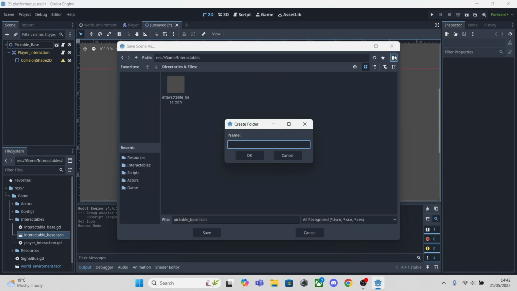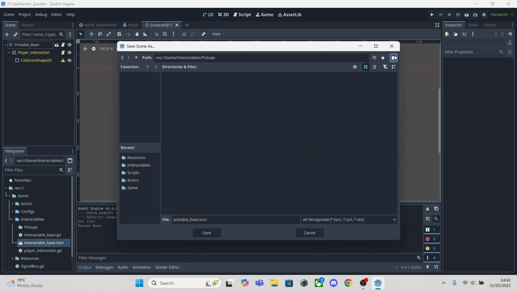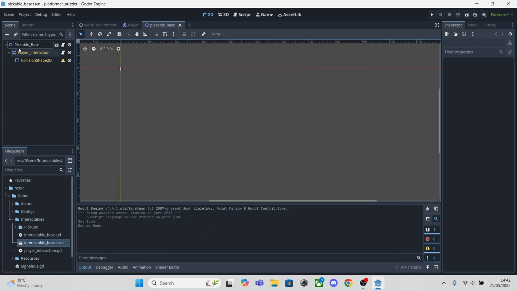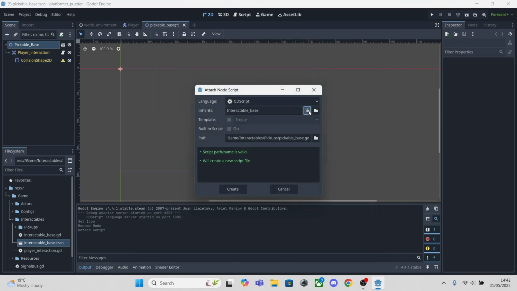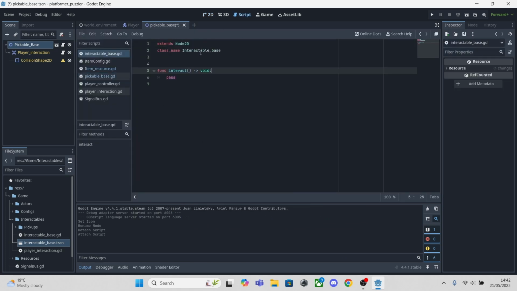Make a new folder. Pickups. And we want to take this script off of here and make a new inherited one from InteractableBase. Call it PickupableBase. In here, you want to take this entire function